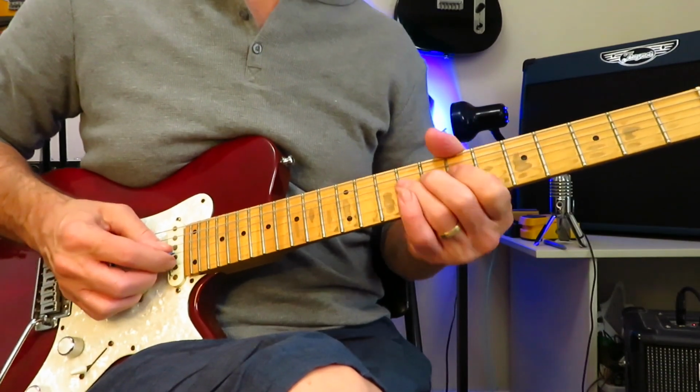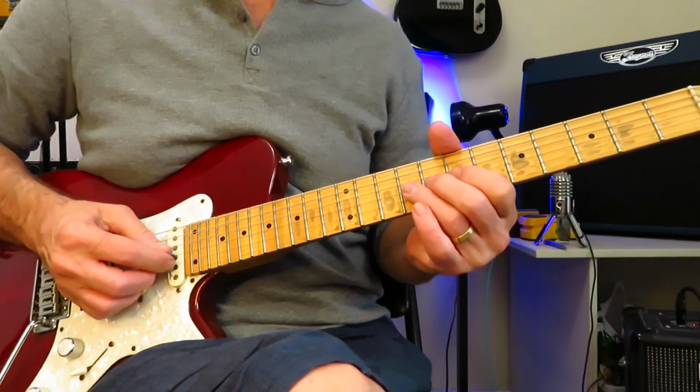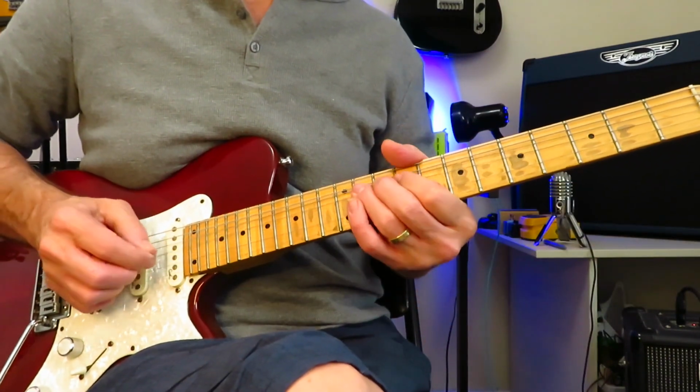The first one's just a bend on the 9, like a double bend. We'll kind of slide out of it, right? Little vibrato, slide out of it. Second fill line,